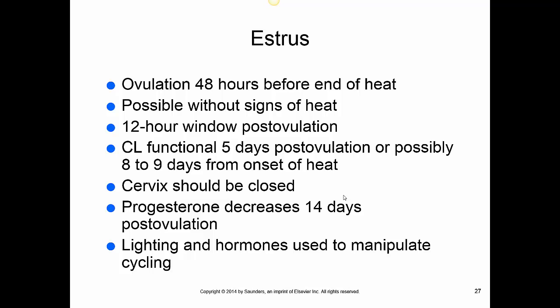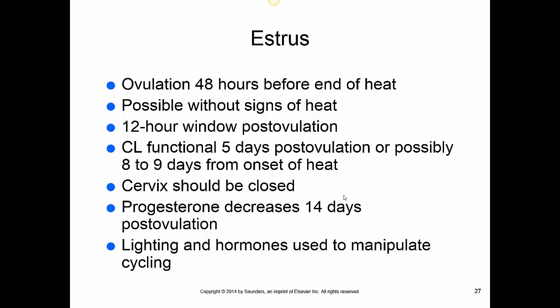There's a lot of times a window after ovulation in horses, which are kind of different than some other species, that we can still breed them reliably. We get the same conception rates 12 hours before ovulation and 12 hours post-ovulation. So when we get to some other species, it's important to impregnate them either right before or right after ovulation. Horses, we have this wider window. Their corpus luteum becomes functional about 5 days post-ovulation. And that's usually somewhere, they say 8 to 9, can be as much as 12 days from the